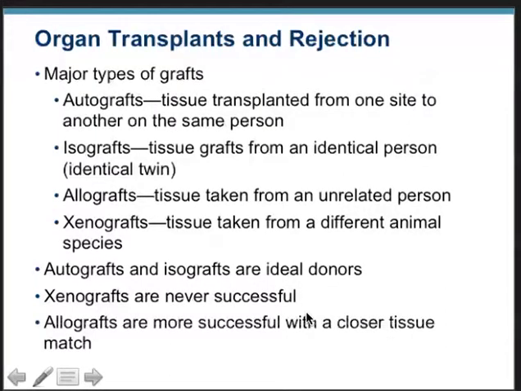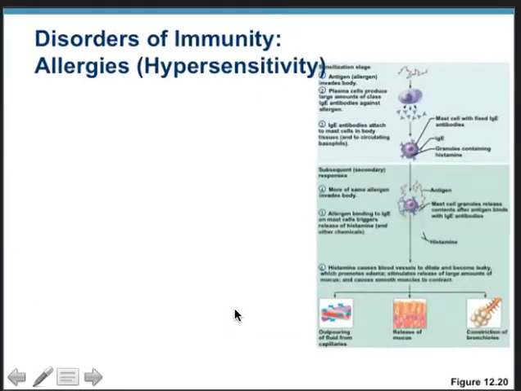Allografts are more successful with a closer tissue match. And again, it's very difficult for xenografts and allografts to work compared to autografts or isografts. This is why we generally have to use drugs that suppress the immune response in order to ensure success in the transplant. Now, hypersensitivity is essentially an abnormal, overly vigorous immune response to an antigen, which in this case is